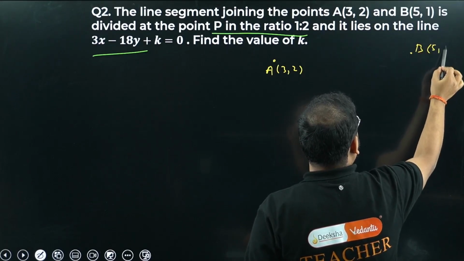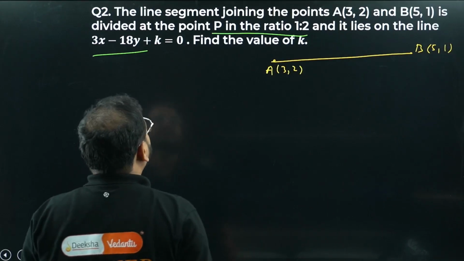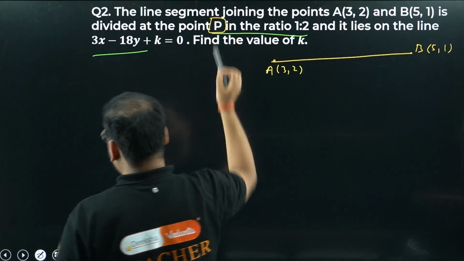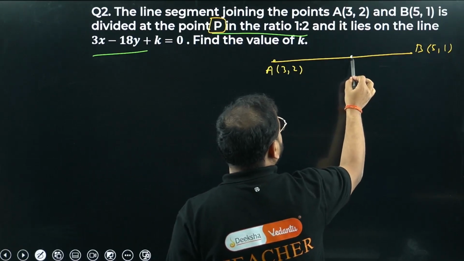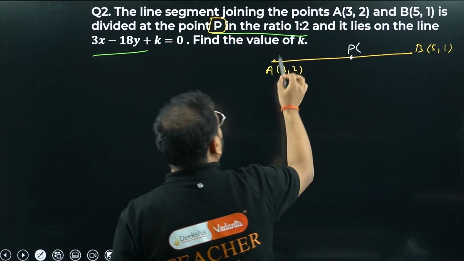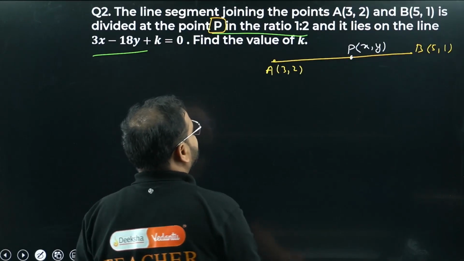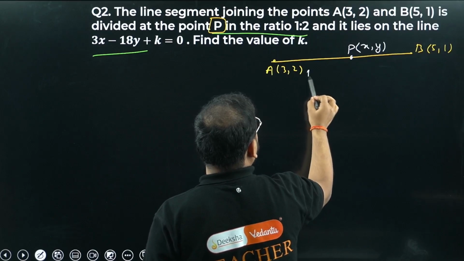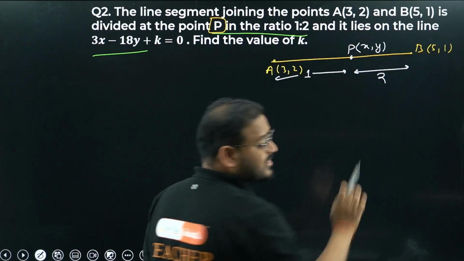5, 1, like this. And what do they say? Divide by the point P, right? So P will be where? Somewhere here. We don't know P, so P is x, y. The ratio is given. This is 1, and this ratio is 2. The section length is